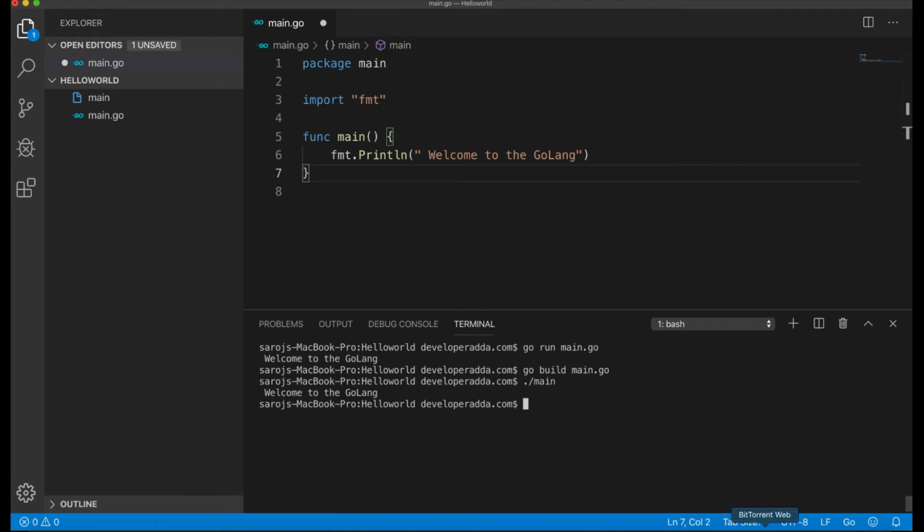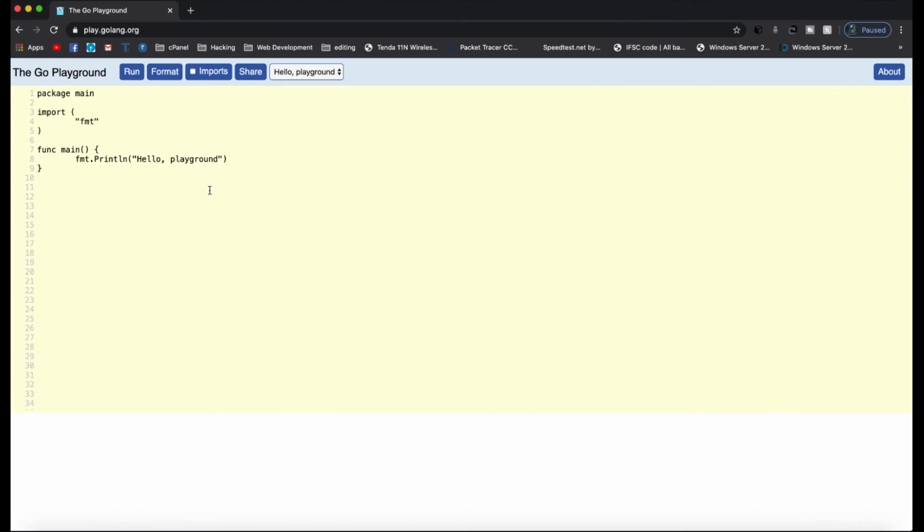Okay, so I'm going to the Go Playground to understand this. I'm writing fmt.Println, Hello.